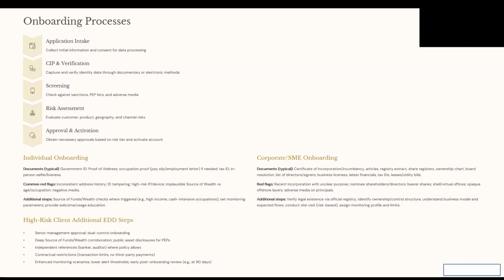And let's say you find out that my father was a government employee. Is it possible that this particular kid has this much money? No. It is totally a red flag. Implausible source of wealth versus the occupation and the age. I am 16 years old. I am in college. What is my occupation? I am a student. Even if you are 22 and a fresher working at a company called Meta,